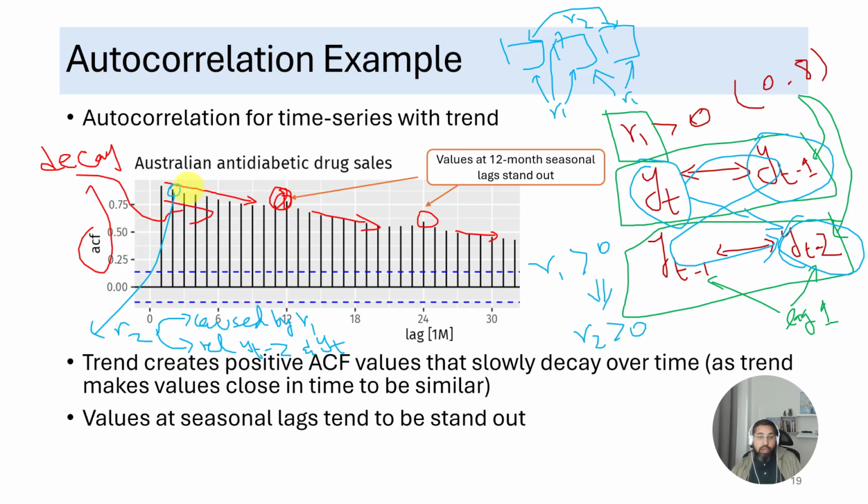We don't know that, so that is why we go for the partial autocorrelation plot, partial ACF, which takes out the effect of R1. What partial ACF does is delete this part, and R2 will often be smaller, but whatever smaller R2 is left will be the unique relationship between yt minus 2 and yt, and not just a reflection of R1. Because we want to see the unique relationship, not just a reflection of R1. So that's the ACF. Now let's see the partial